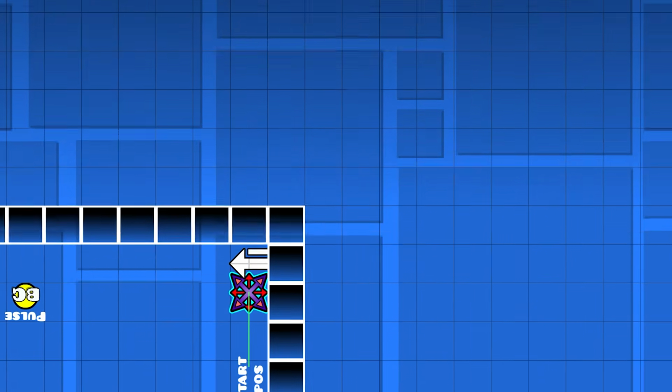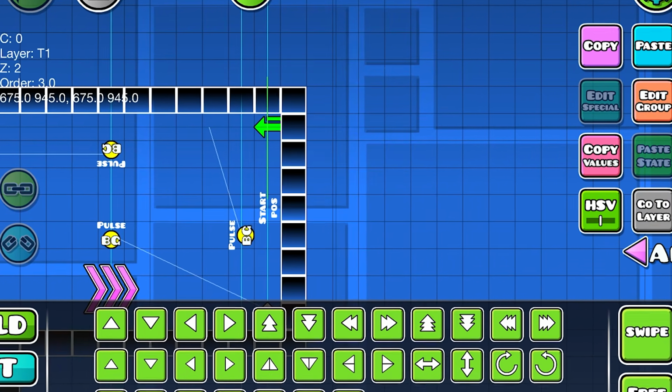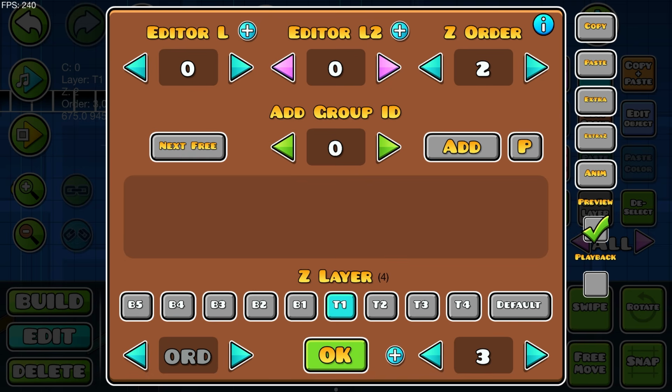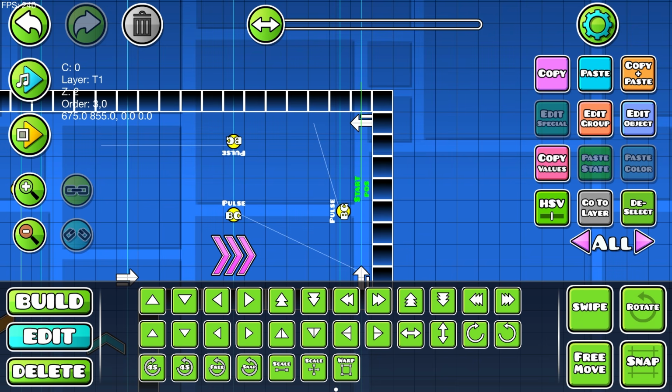However, even if you start it now, you can see that it's still messed up. It does not recognize that this arrow trigger is on channel 3. I think this is an issue within the game that has to be reported to Robtop, because it's very broken. So the only way to test this, there's actually a very tricky, I wouldn't really call it tricky, but it's